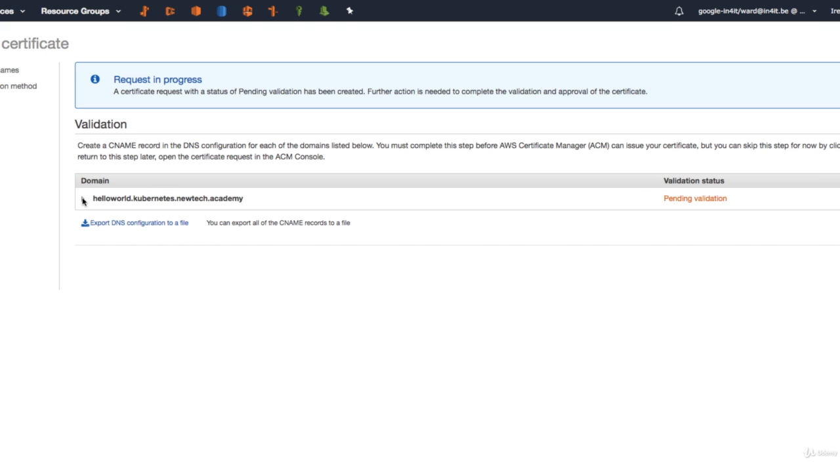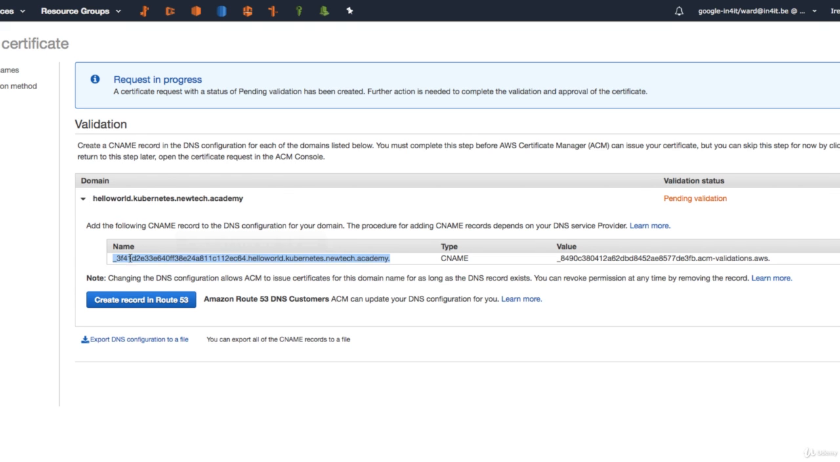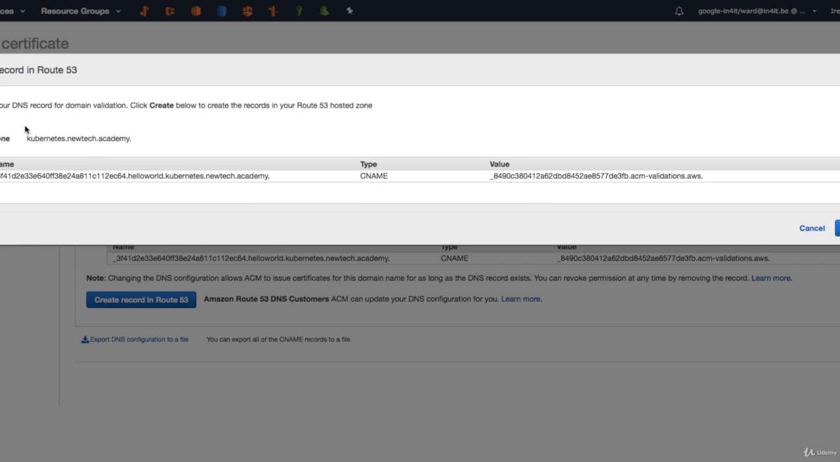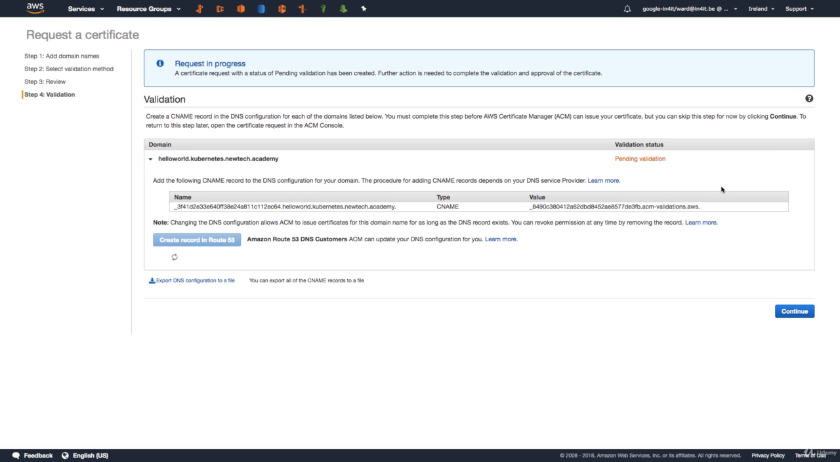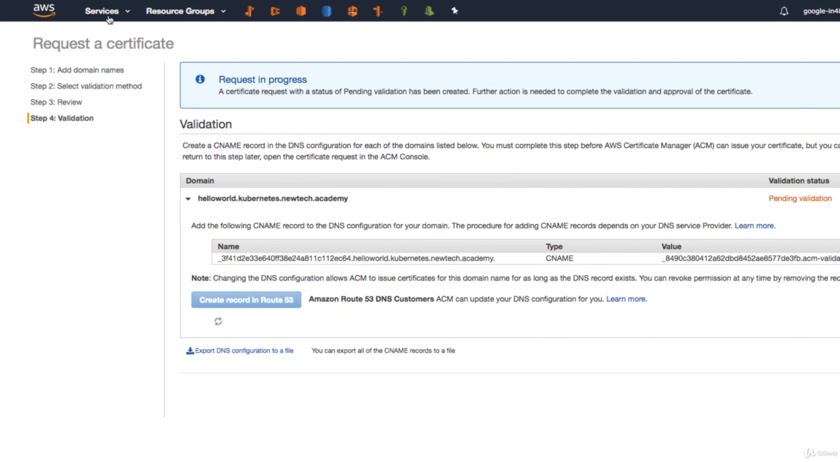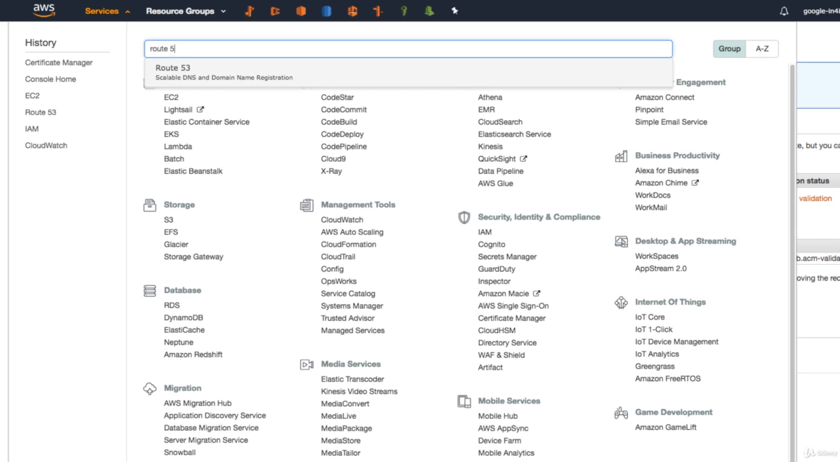Pending validation. So I need to add these records first. So this is the name, it's type CNAME, and this is the value. And because I have Kubernetes New Tech Academy hosted on Route 53, I can click this button, Create Record in Route 53. You will only see this button if this host name, Kubernetes New Tech Academy in my case, is hosted on Route 53. I click this button and then I click Create, and then it will create the records for me. So if I have a look at services, Route 53,